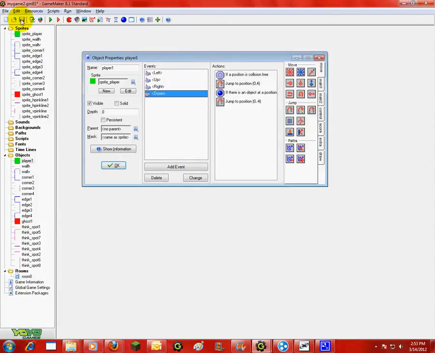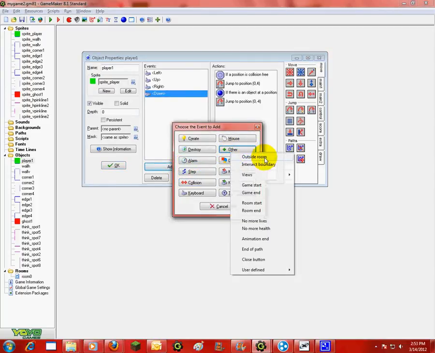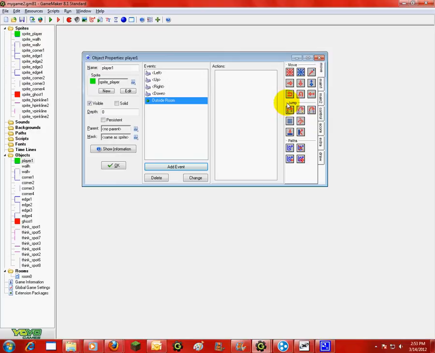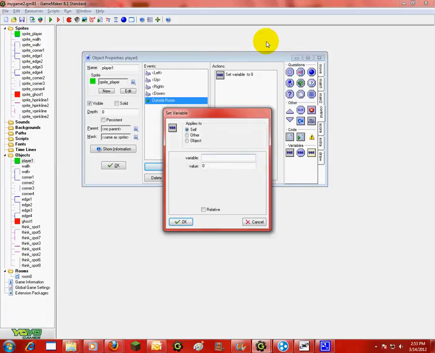Let's see. So let's work on that one. So now I'm going to add event outside room. Alright, and now if I'm outside of the room, I'm going to check if player1.x is, no wait, check player1.x